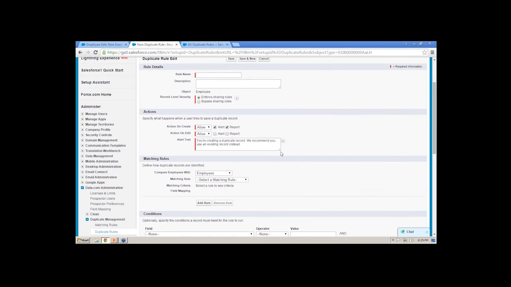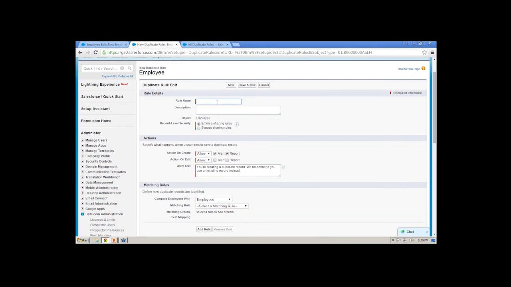And the first thing that you have to do is to give it a name. Let's name that as employee duplicate rule. And the very important thing, this is a very important, the record level security. You have two options to specify. The first one says enforce sharing rules. The second one says bypass sharing rules. So,